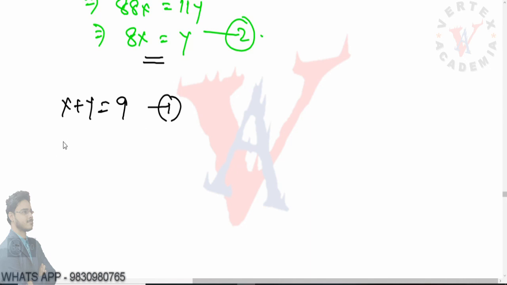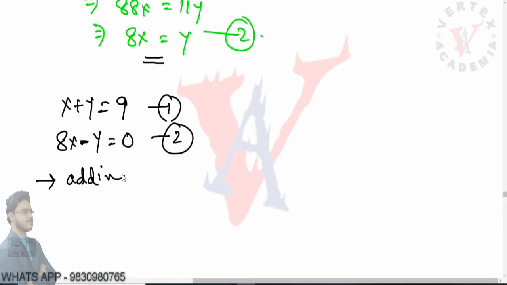So let us take it to a single side. So 8x minus y equals 0. Now this comes with experience. Particularly in this problem, we need not multiply anything, because we can see that plus y and minus y are already present. If we just add the two, the plus y and minus y will cancel. So finally we will be left with an equation in x. Now these are the tricks. You have to think of this while solving problems. It is not always necessary to multiply with the coefficients.